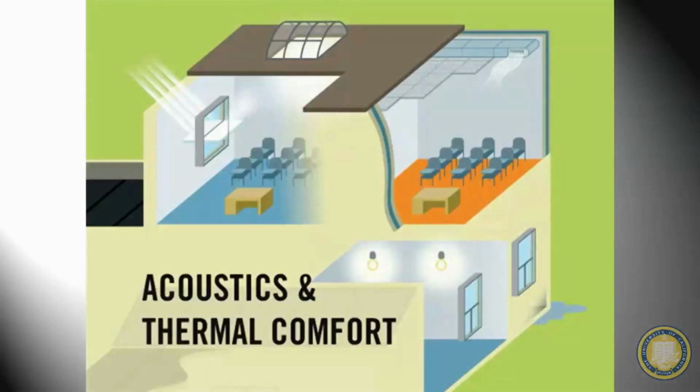So some other things that you guys didn't list when I asked you in the beginning about the triple bottom line in green building are acoustics and thermal comfort. I think we've had some issues, at least in this class, about the silly lights up there, but that's a different kind of comfort. But acoustics in a learning environment in almost any building are really important. So if you have good ceiling tiles, ductwork, quiet heating and ventilation systems, appropriately placed vents, you can really have a big impact on creating a more productive learning environment in educational settings and in a workplace.